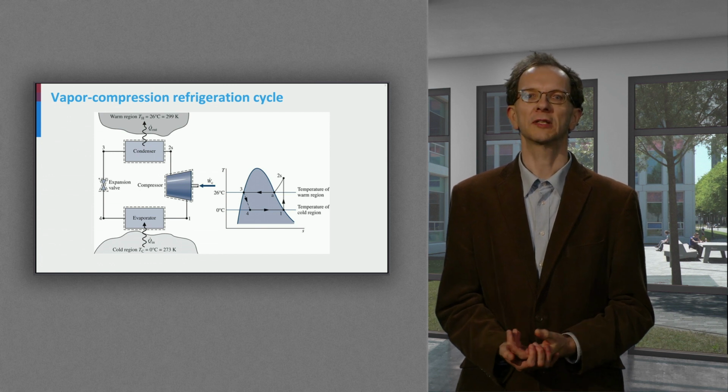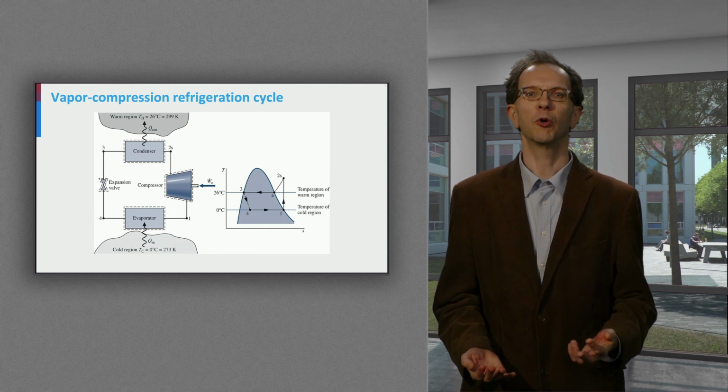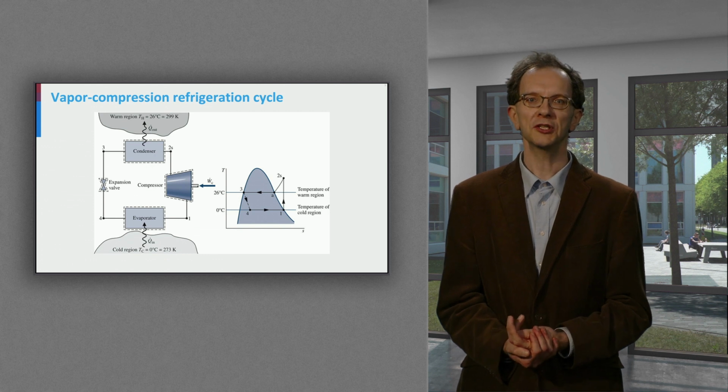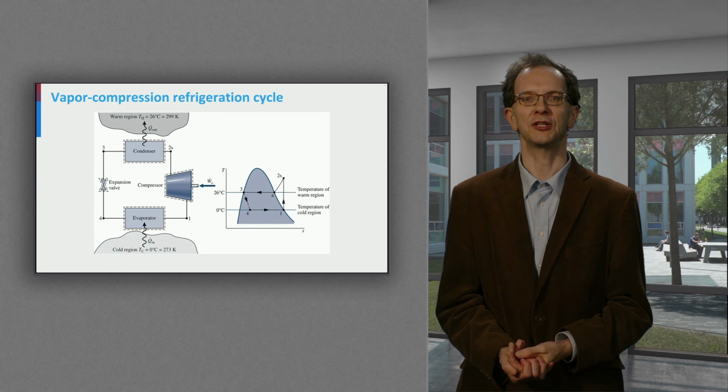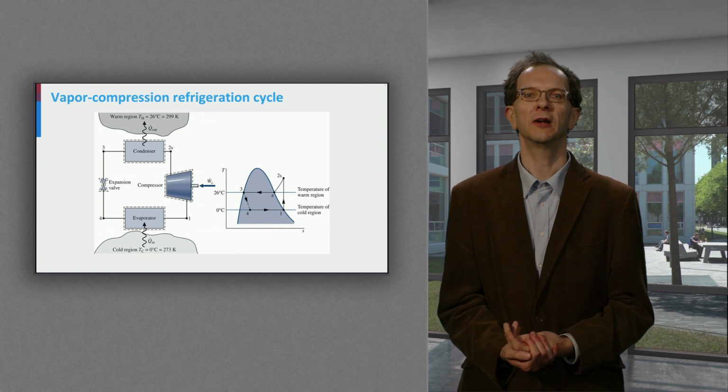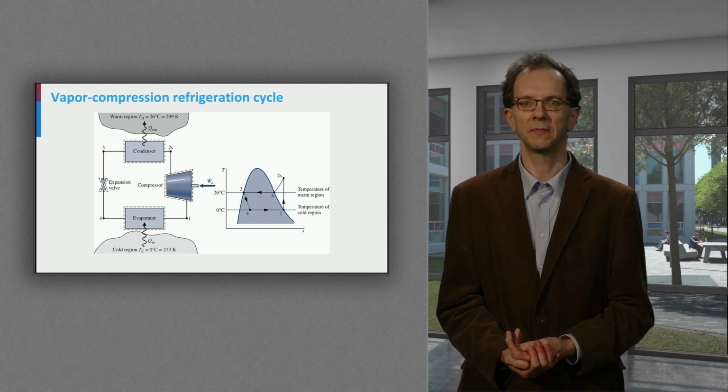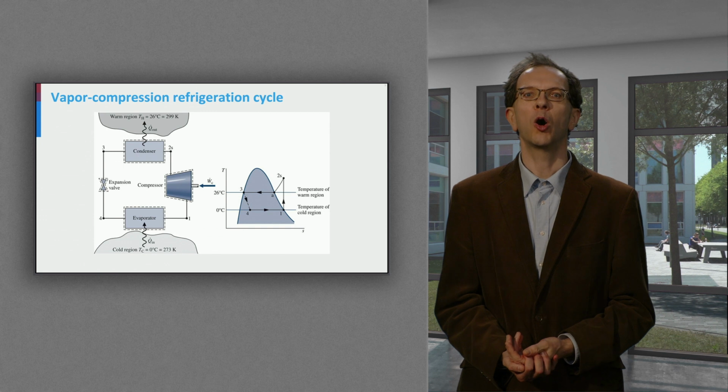We assume that the pressure is constant in the condenser, no pressure losses due to friction. If the working fluid is a pure component system, then the temperature of the working fluid will stay constant during the phase transition. Entropy is decreasing as the entropy of the liquid is much smaller than that of the vapor. At point 3, all the working fluid is condensed and we have a saturated liquid.